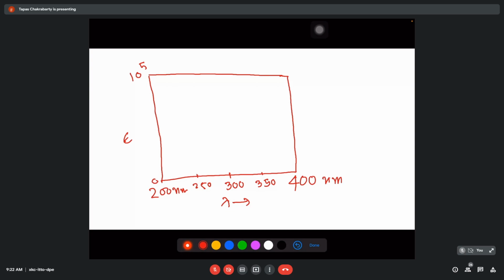The general pattern of the absorption spectrum of all the nucleobases is very similar. Somewhere in the 200 nanometer region there is a maximum, then another maximum comes here, and it quickly drops close to 300 nanometer. The peak is nearly 260 to 270, about 260 nanometer. This is the general pattern of the absorption spectrum of all five nucleobases, and the value is of the order of about 10 to the power 4 molar extinction coefficient.